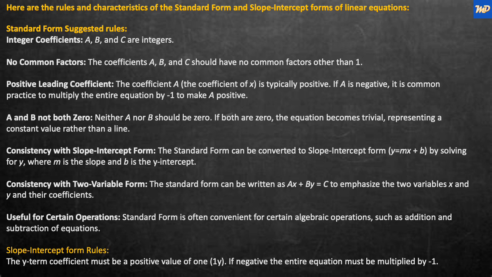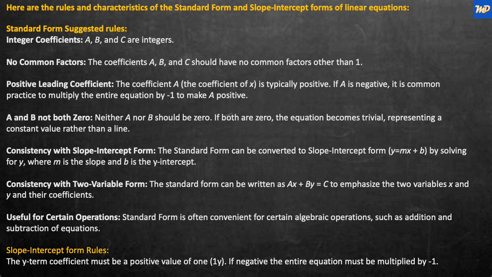Consistency with slope-intercept form. The standard form can be converted to slope-intercept form, y equals mx plus b, by solving for y, where m is the slope and b is the y-intercept. Consistency with two variable forms. The standard form can be written as ax plus by equals c, to emphasize the two variables x and y and their coefficients. Useful for certain operations, the standard form is often convenient for certain algebraic operations, such as addition